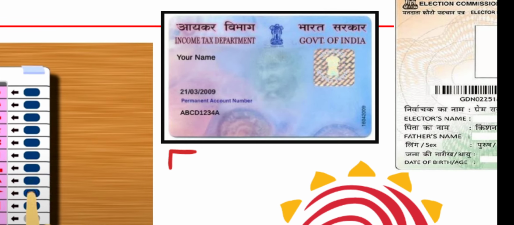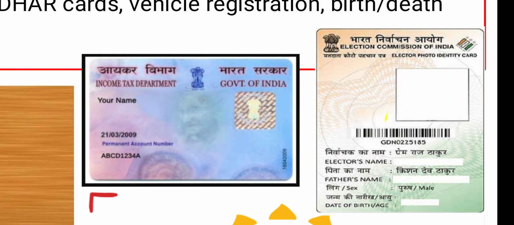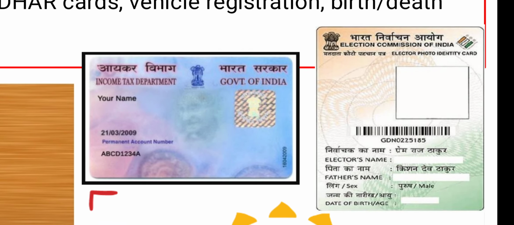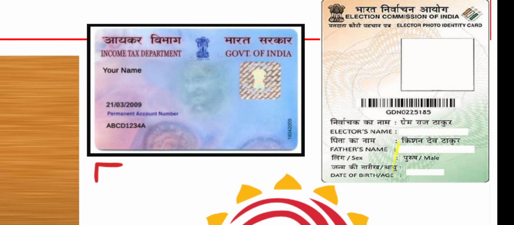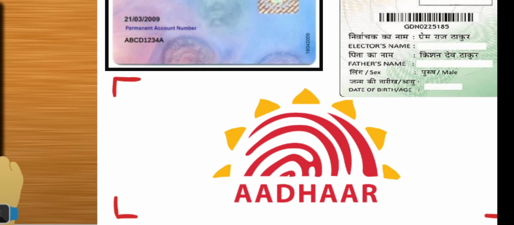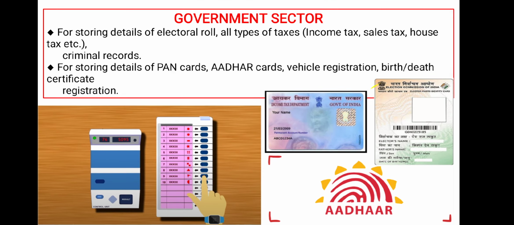Again, that PAN card is made with the help of a computer. All the details have been clearly recorded. That is the Election Commission of India, that is your voter ID. After you attain, as I said earlier, 18, you will be given this card where you can cast your vote. And the Aadhaar card will have all your details, your name, your date of birth, your contact detail, your phone number, all that information will be stored in the Aadhaar card.